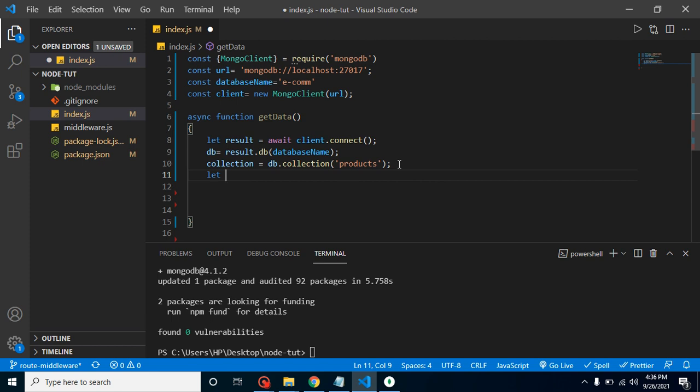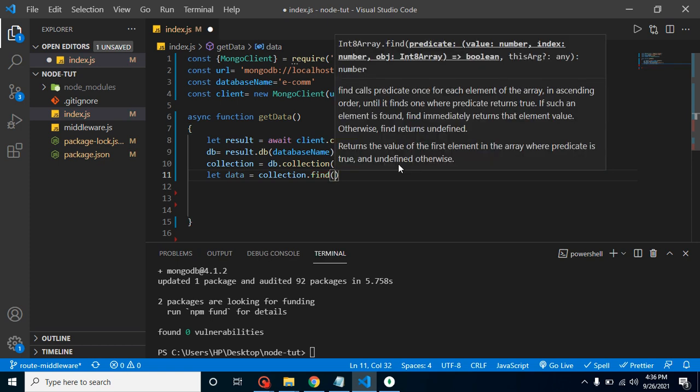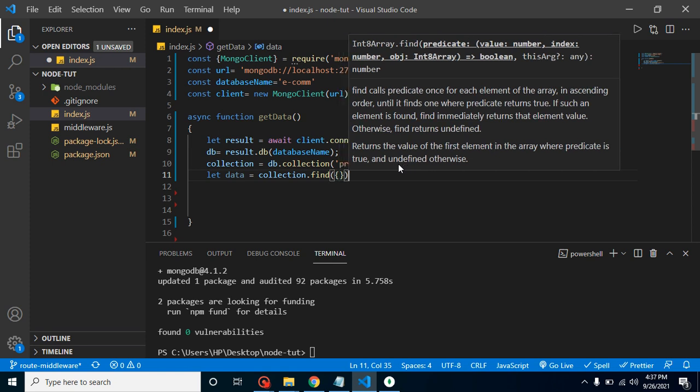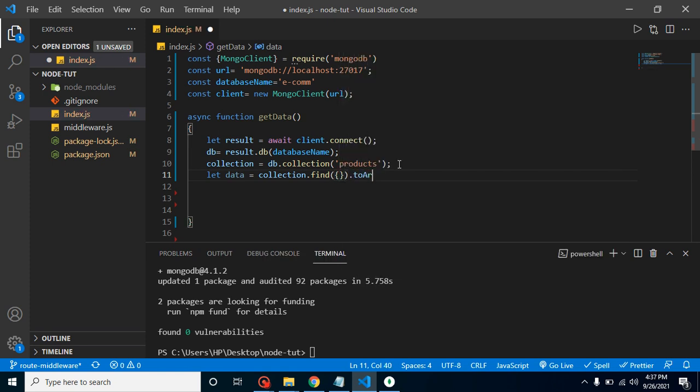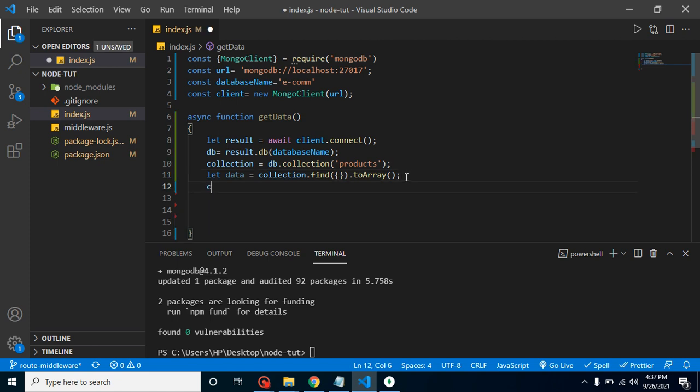So let's take another variable, and it can be, let's say, data, because now we are fetching the data here. So just put collections dot find, and inside find we have to push a blank object. It will return all the results from our collection dot toArray. And what this toArray will do is make an array format of our data, right? Fine. Now you will find that if you are printing this with console.log data, then it will again return a promise. So now let's run this.